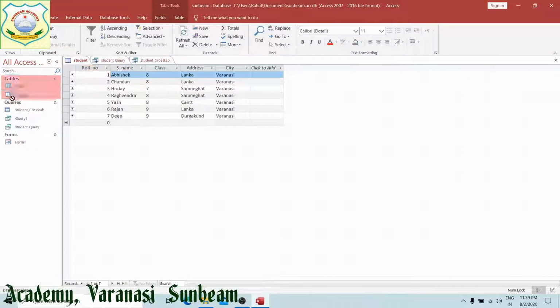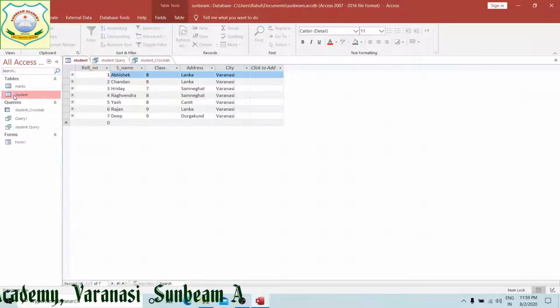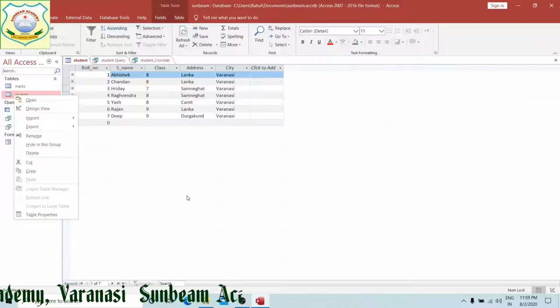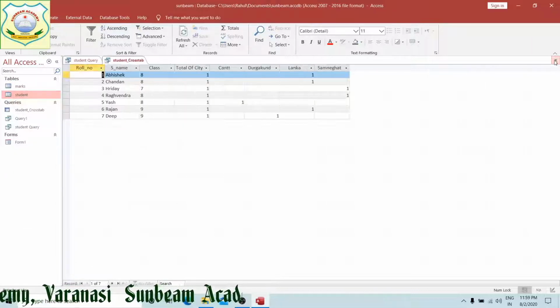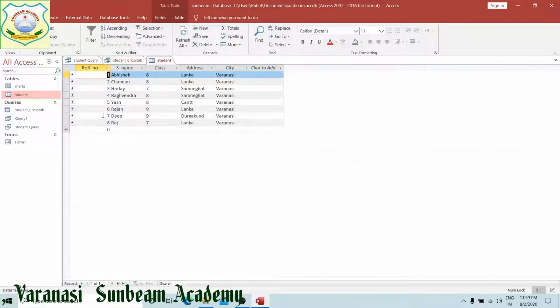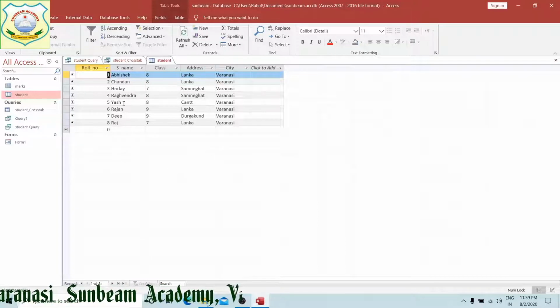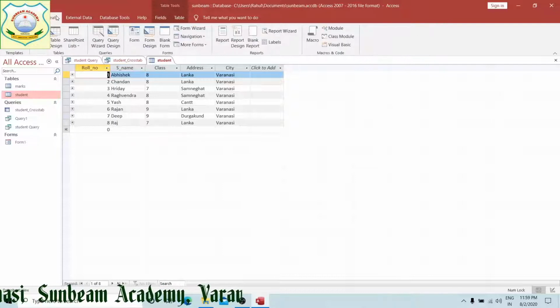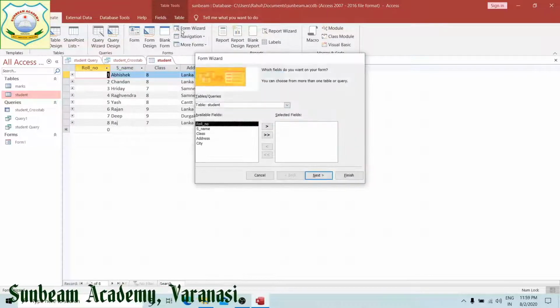Now first I am going to close this one. Eighth one. This record has automatically come to your database table. Now in this way we can create our form wizard.